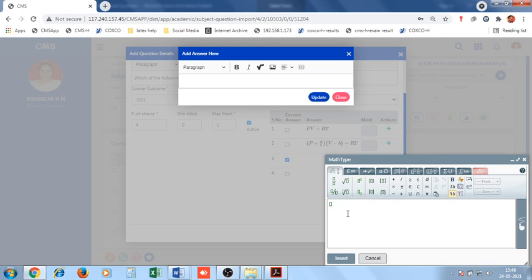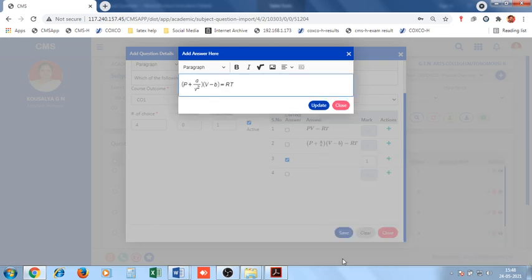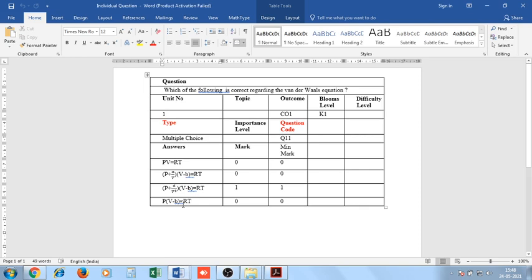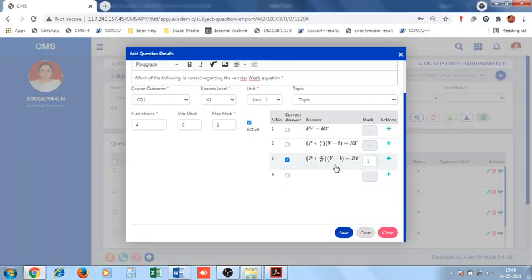Just paste here. In the place of V, we have to mark V square. Just put V square. Insert. Update. Fourth option, P V minus B equal to RT.